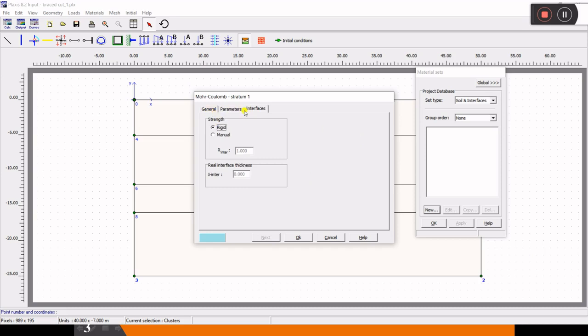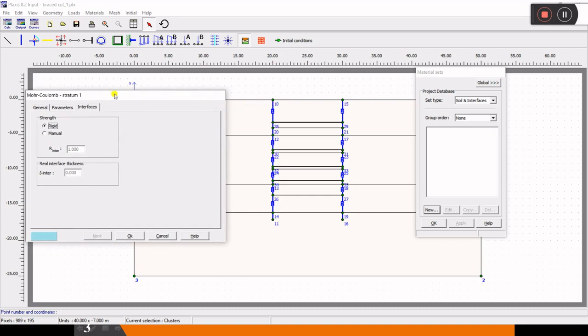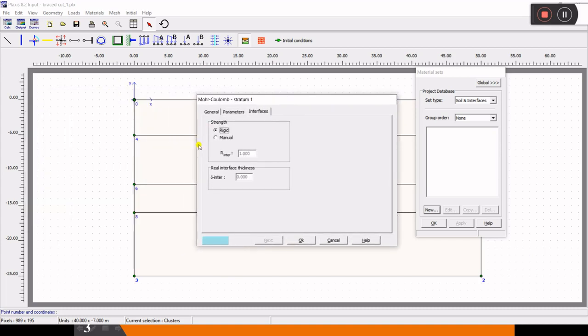Now we'll go to the interface also. What is an interface? If there's any element like this diaphragm wall, how soil will interact with the diaphragm wall depends on these interface values. This interface value is by default 1.